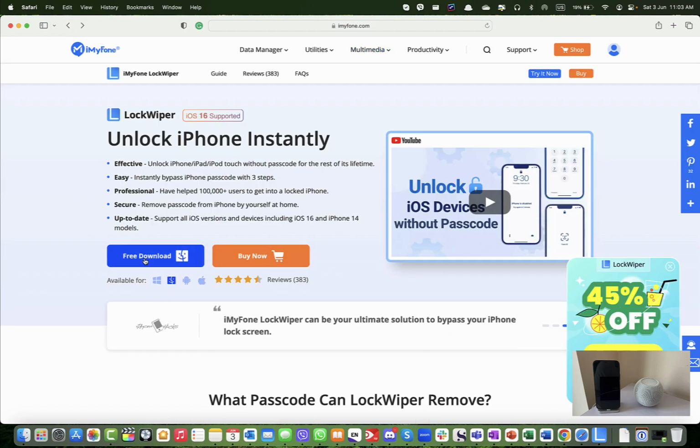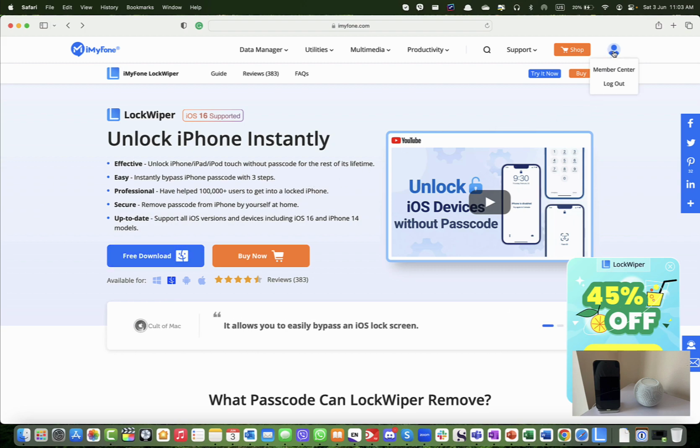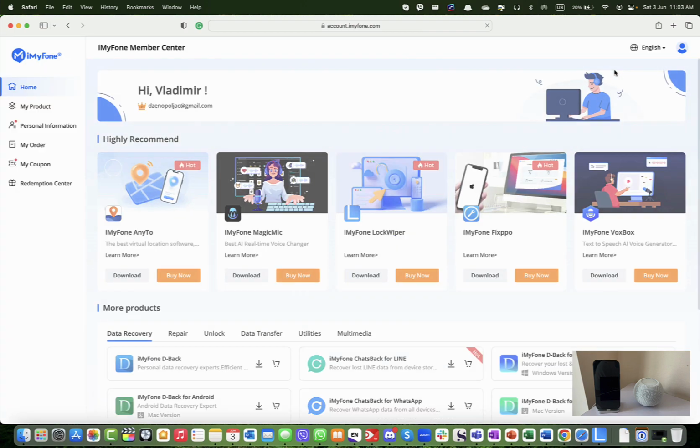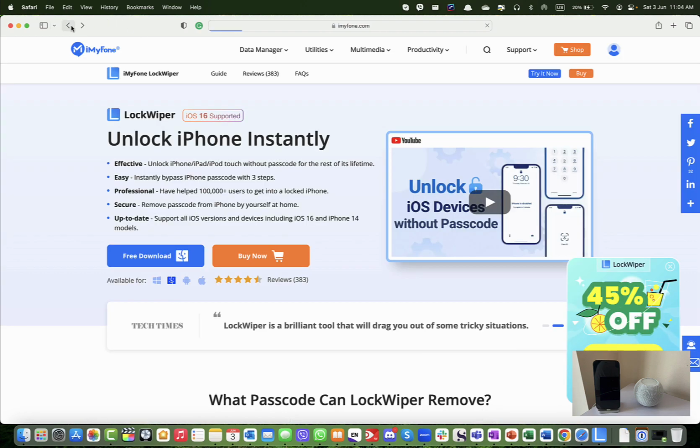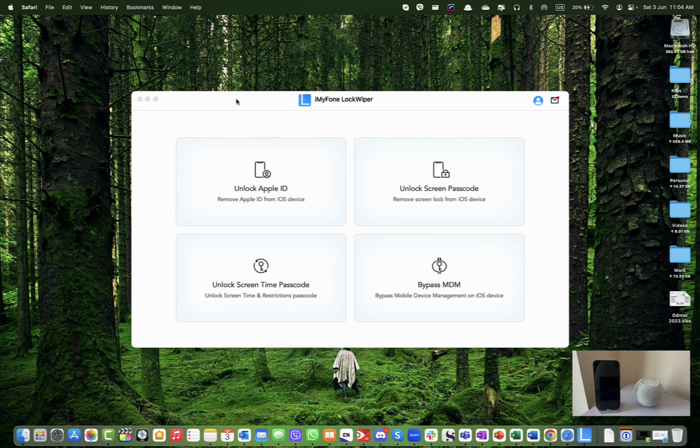Once you download the software, first you need to register. I would strongly recommend it, because once you register, you get this little option here, Member Center, where you can actually download and see all the different software that your iPhone and your Mac needs. One of them is the iPhone Lock Wiper that you can see here. The iPhone Lock Wiper is a very straightforward software. I'm just gonna place it down. So this is how the